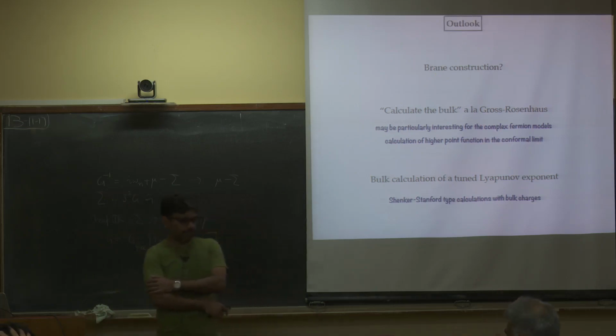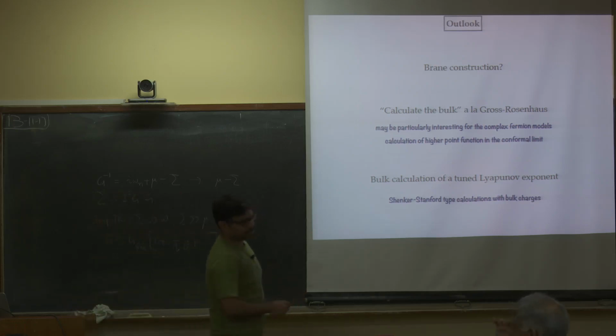If you take one of these models where you have a background, say a D3 brane, and I stick in a bunch of D5s in a way that the intersection is just one dimensional, only the time direction is shared, then there will be indices on the adjoint gauge field, for example. Now you can try to integrate those out and see whether these coupled fermions become a 4-Fermi interaction. But it's not quite so simple.